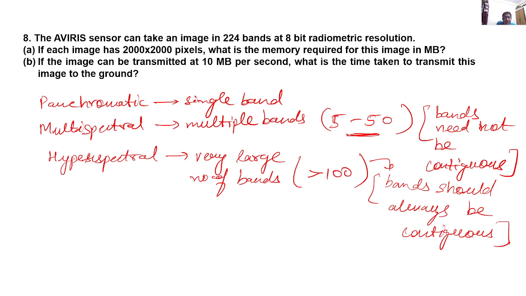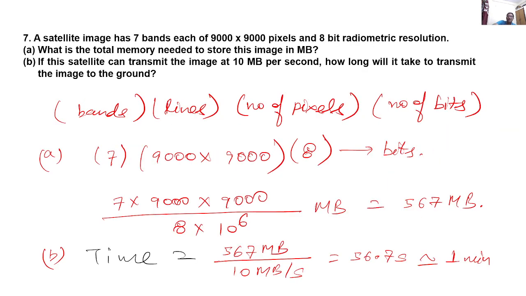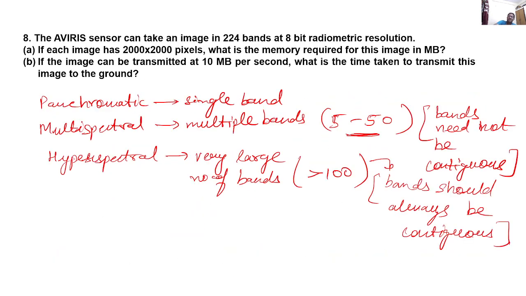A. If each image has 2000 by 2000 pixels, what is the memory required for this image in megabytes? And B. If the image can be transmitted at 10 Mbps, what is the time taken to transmit this image to the ground? So we are solving the same questions, but for this question we have taken a hyperspectral sensor. The previous one was a multispectral sensor. Hyperspectral means the number of bands is huge, and they need to be continuous. So let's solve it